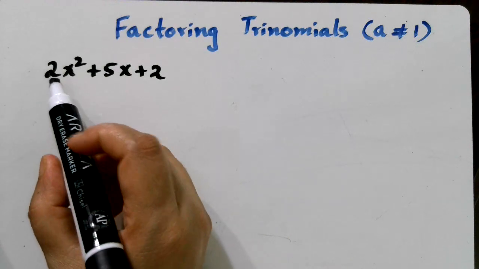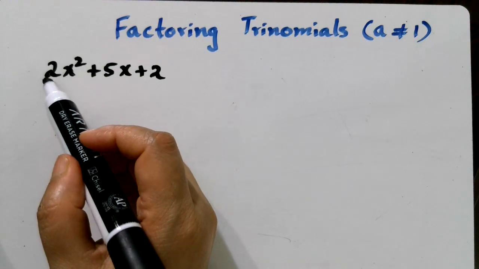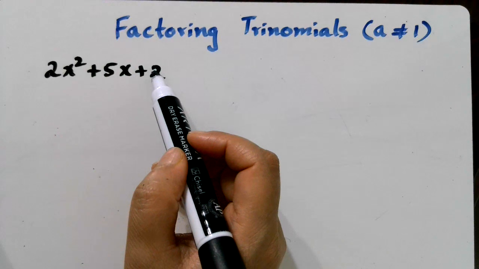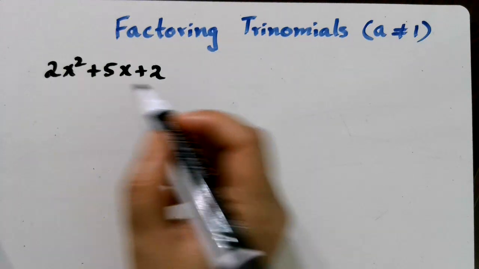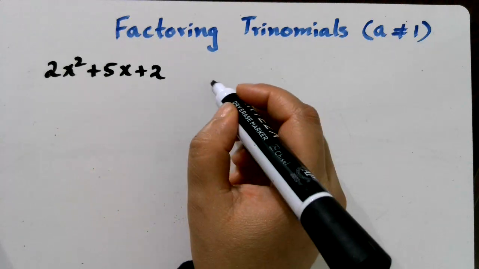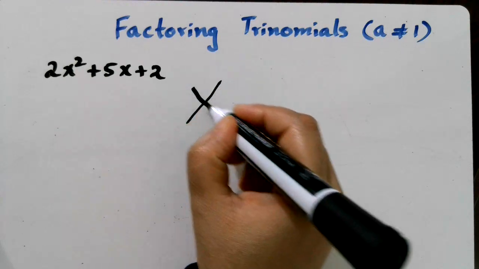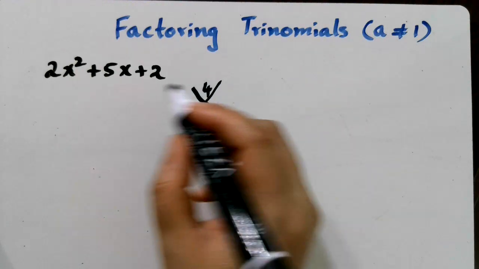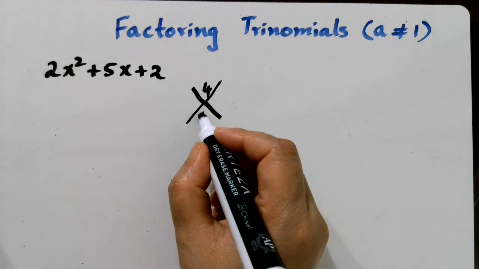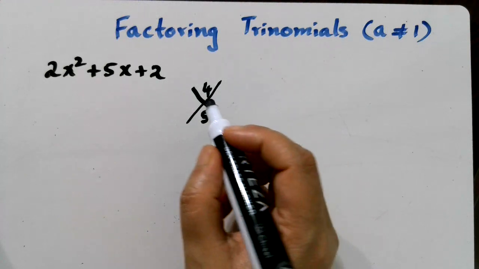So how do we factor by grouping? You always multiply the coefficient of x squared with the constant. And here in this case, it's 2 times 2, which is 4. And we need to find out the factors of 4 that add to give us a 5. The factors are